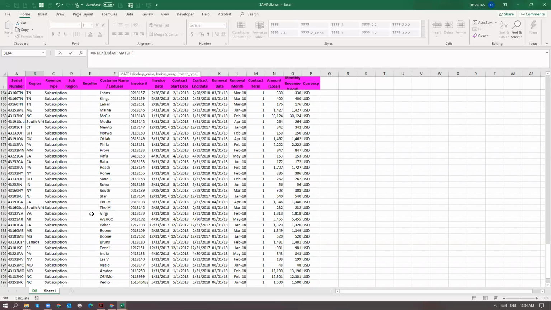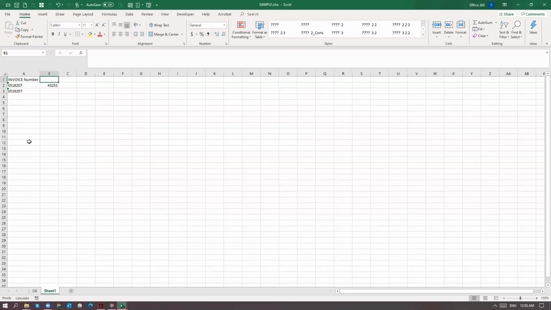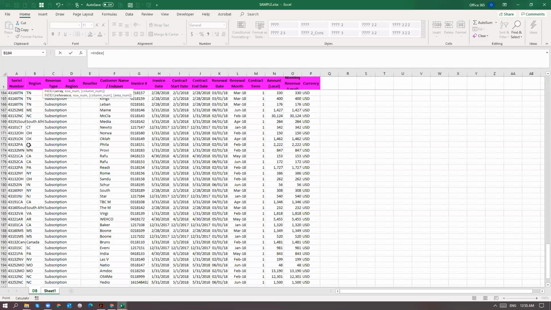Say for example, we're going to match. So we go back to our calculation, and we're looking for this invoice number. To avoid confusion, I'm just going to write the invoice number here. This is the item that we're looking at, and we want to know what the customer name for this particular invoice is. So using index match, you go here, index, and then you highlight from column A to P,